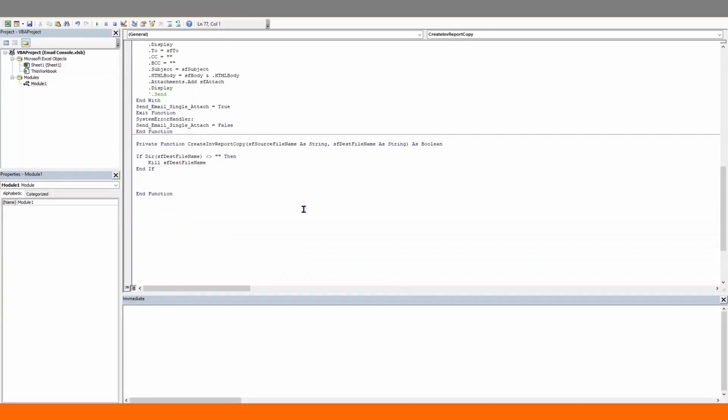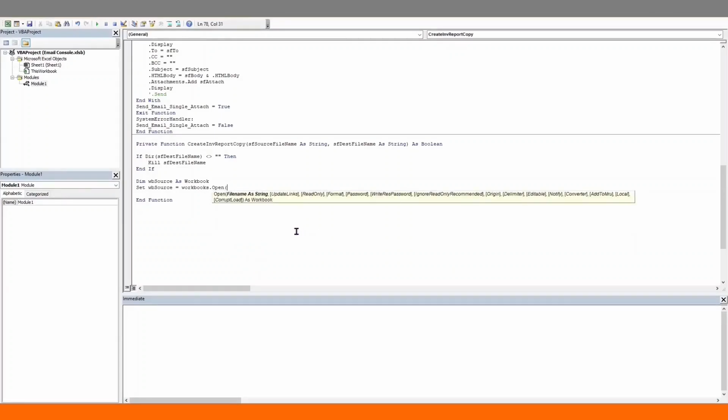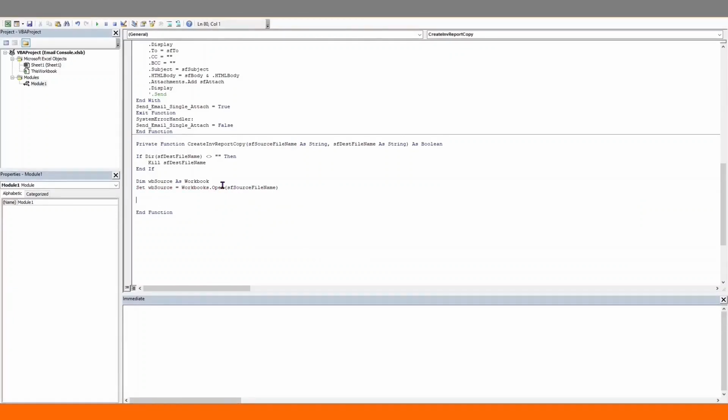Now let's first open the report template file. We'll create a workbook variable. Now we'll set it to open the source file. Workbooks. We'll use the .open method. And what do we want to open? The source file name. Now that the workbook is open, let's first refresh the connection. Now we'll dim a connection variable